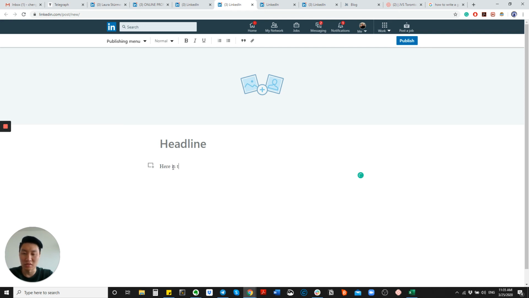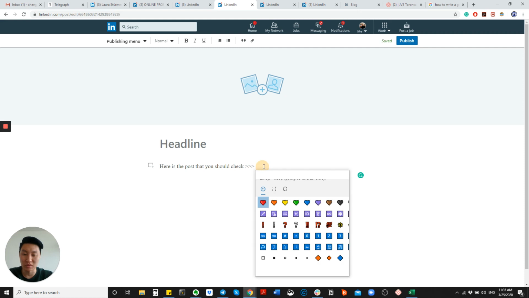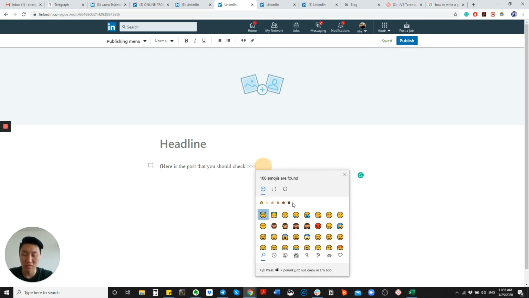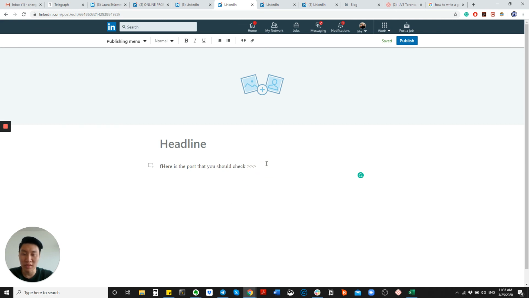Here is the post that you should share. And you can create any emoji. Anyways, you want to put the link in the post. What you need to do is select the word, press Ctrl and K, and there will be a box where you can paste your link. Press the link, apply, or you press enter.